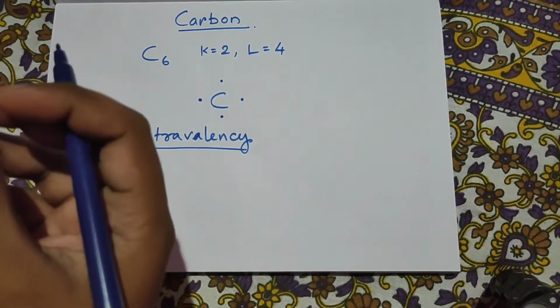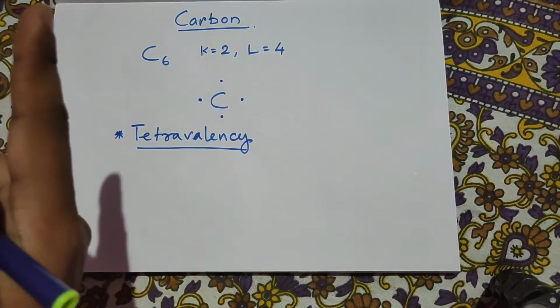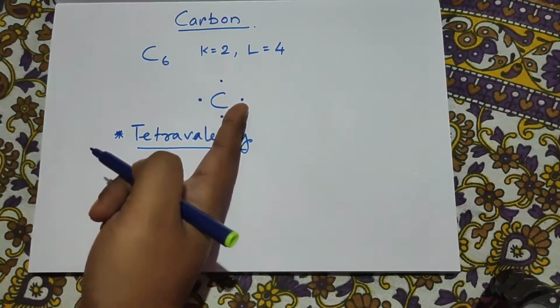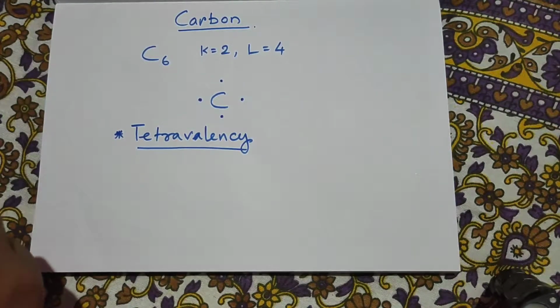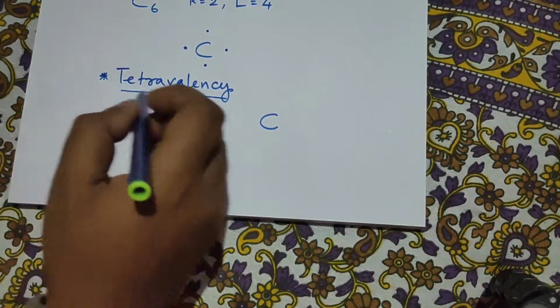That means those atoms having 1 valence electron in their last shell, they can share with carbon with 4 individual electrons. For example, if you see the structure of methane,